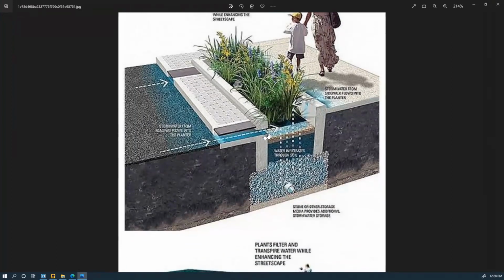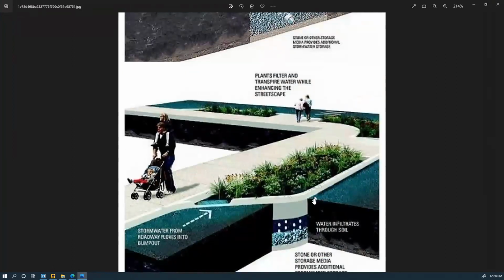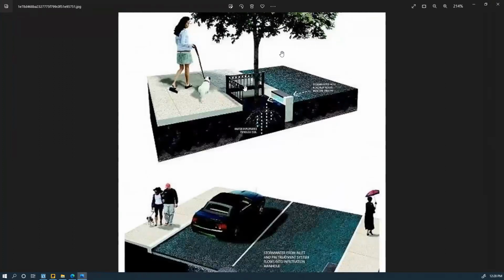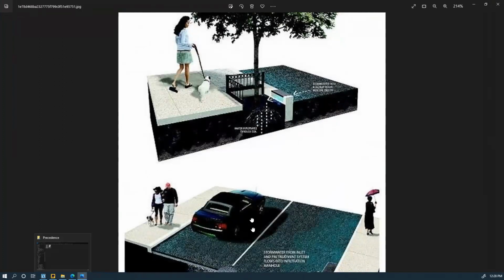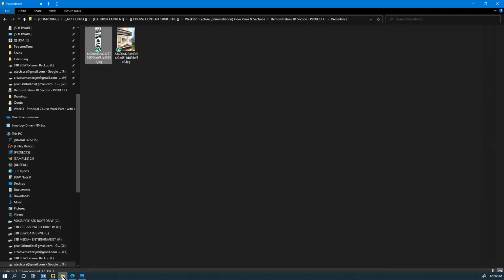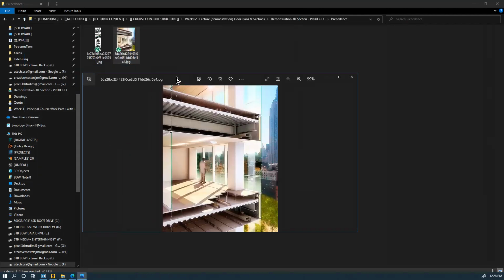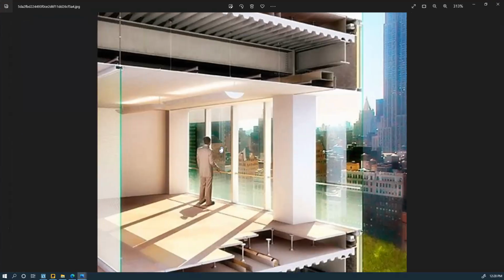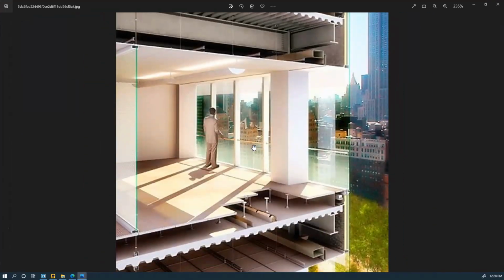And just the ability to show certain details in section as a 3D section. This was another one here. And what I loved about this is that, I guess,